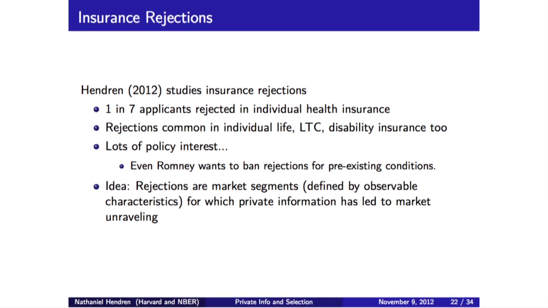Okay. And so there's a lot of policy interest in these so-called pre-existing conditions and rejections. Even Romney was willing to try to do something about these pre-existing conditions. So what do I do in my own paper? Well, let's try to see whether private information is causing these rejections. How could it be causing these rejections? For those whose characteristics prevent them from being able to purchase insurance, the market is unraveled in the sense of Akerlof. People aren't willing to pay the average cost of worse risks in order to get some insurance. In contrast, where the market exists, we would expect the market not to have unraveled, right? And so that's the idea.